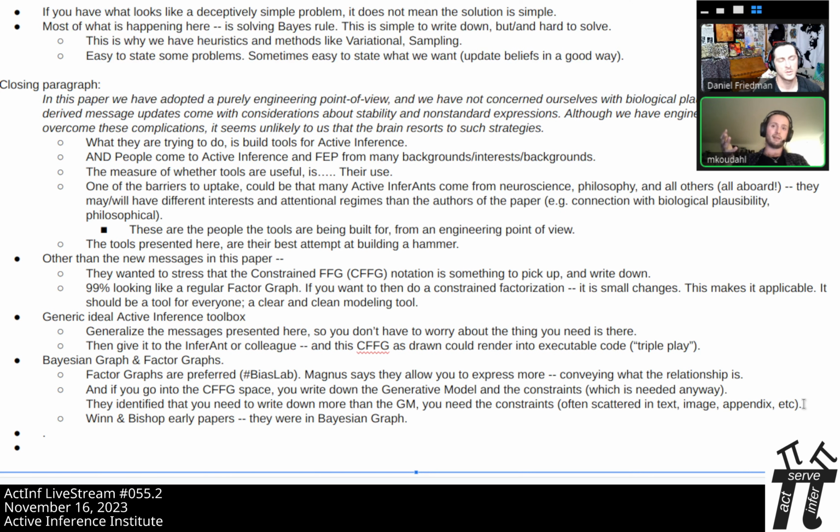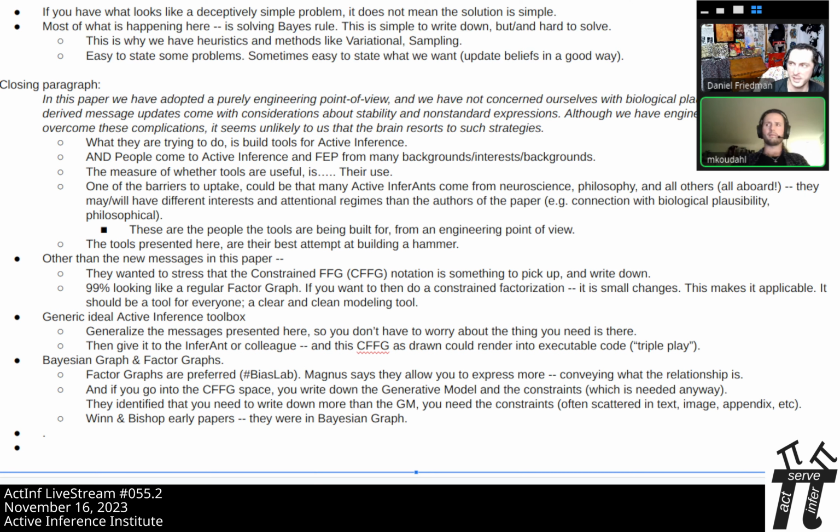What I can say is that the versions of Bayes graphs that I've seen contain less information than a constrained FFG, because you don't write down the exact inference problems, i.e. the constraints and the data points and everything. So I wouldn't say that there isn't room for Bayes graphs. Bayes graphs are great, but for the kind of work that I'm interested in, factor graphs feel more natural.